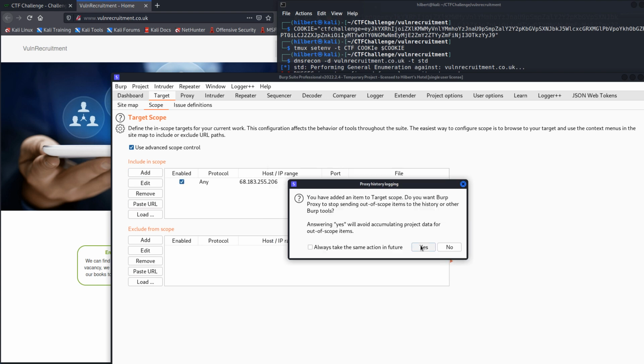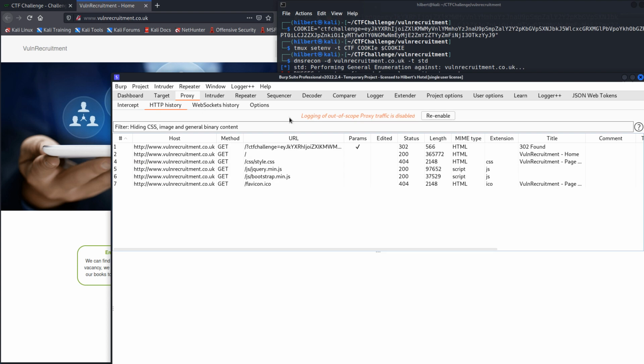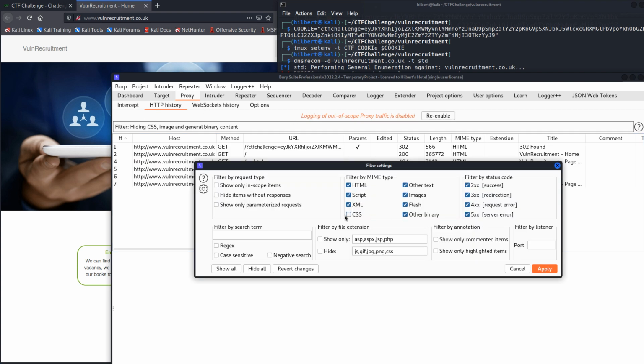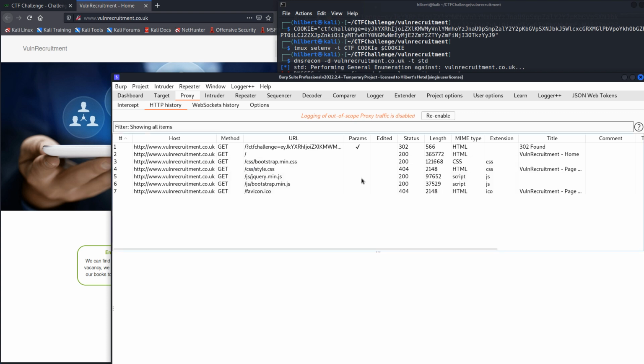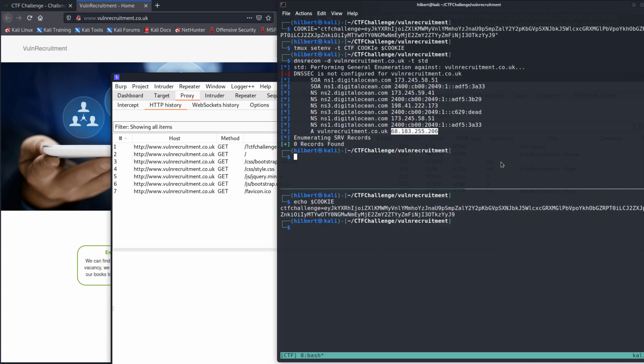And then when I do challenges, I like to turn on everything. Usually it's not loading so many resources that it becomes overwhelming, and this way you're sure to not miss anything, which actually comes in handy on this challenge. And then I'll start firing up some enumeration scripts. So we'll use ffuf, and I'll do a